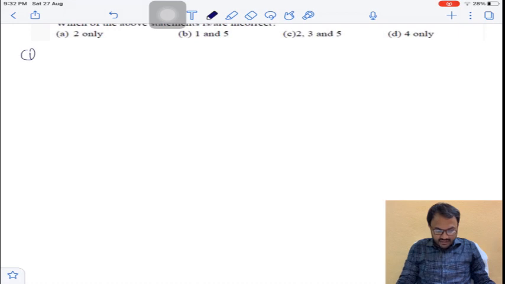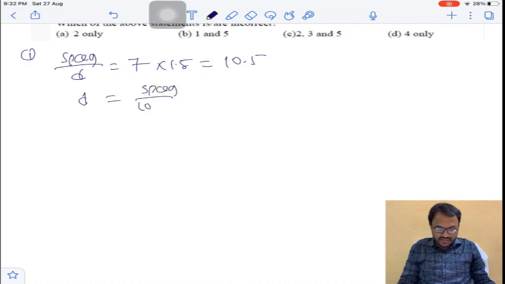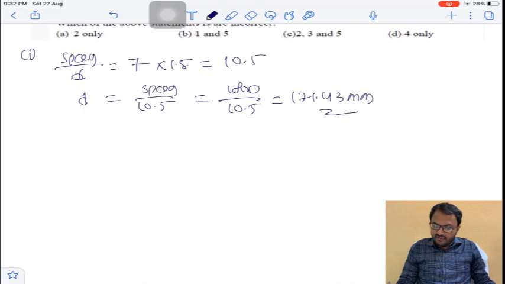for cantilever beam, span to effective depth is equal to 7 and he has given modification factor as 1.5. We will get it is 10.5. So now effective depth is equal to span divided by 10.5. So it will be span is 1800. He has given the overhang portion is 1.8 meters, that is 1800, and divided by 10.5, it is equal to 171.43 mm. Clear? So I am taking effective depth as approximately 175 mm and overall depth is equal to 175